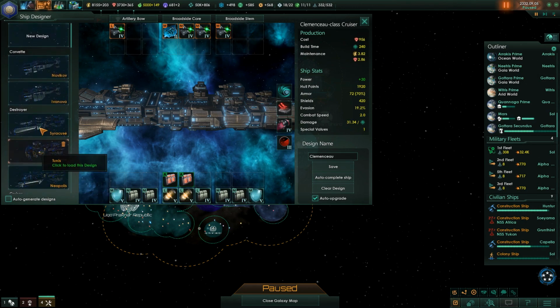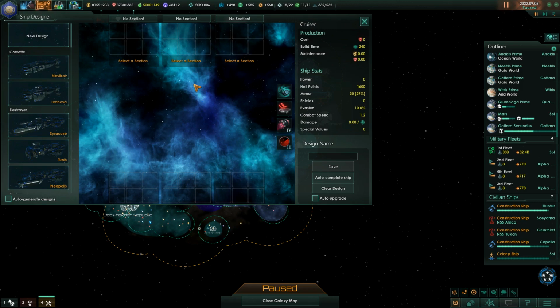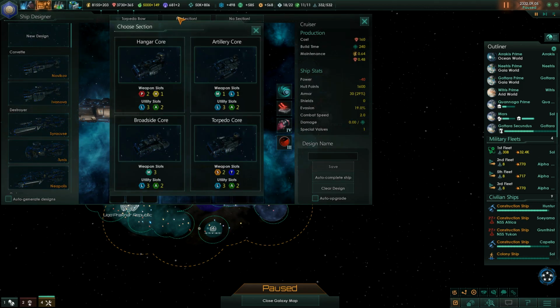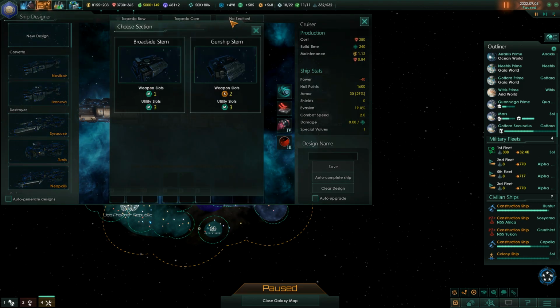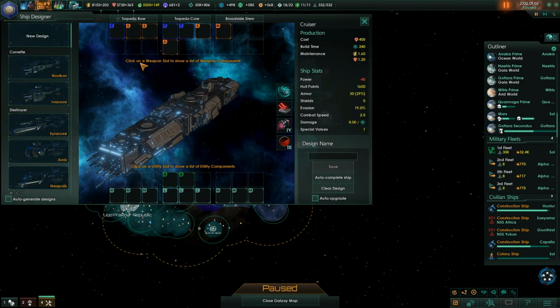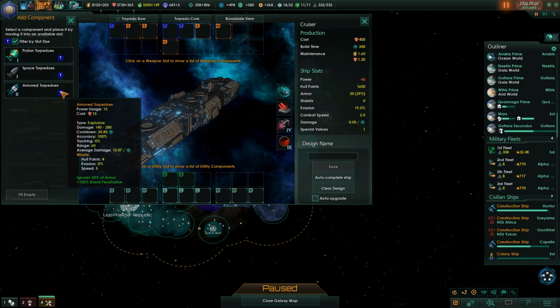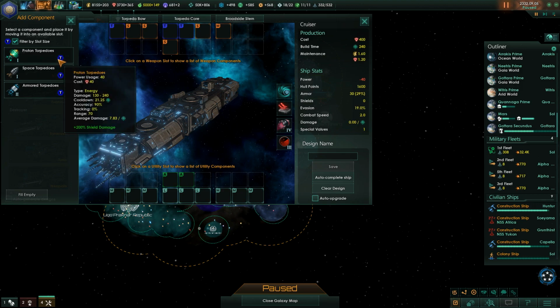Now, someone mentioned to me in a comment... Oh, it is a thing. Okay, let's build a torpedo cruiser, shall we? Something that can fire a crap ton of torpedoes. So we can do armored torpedoes, which are good against shields and armor, actually. Proton torpedoes do a little bit more against shields. So we can have both, actually. The torpedo core...